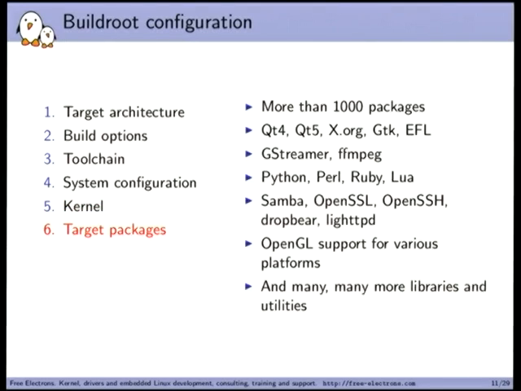And then the most important part is definitely the target packages, what you're going to put in your root file system. That's where the highest value of the embedded Linux build systems is. And that's where we have more than 1,000 packages. So we have things like Qt4, 5, x.org, GTK, EFL. So that means that by simply selecting an option in the menuconfig, you can get Qt5 built for your